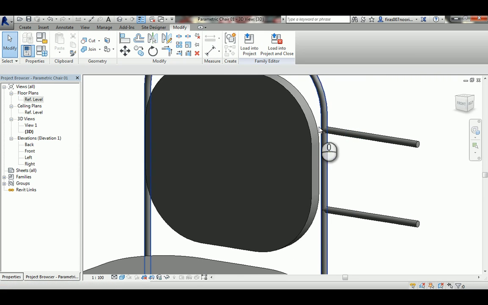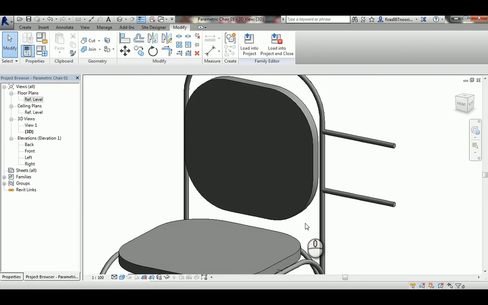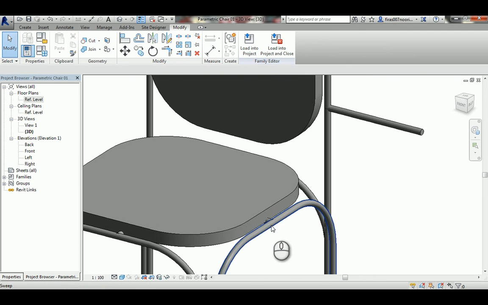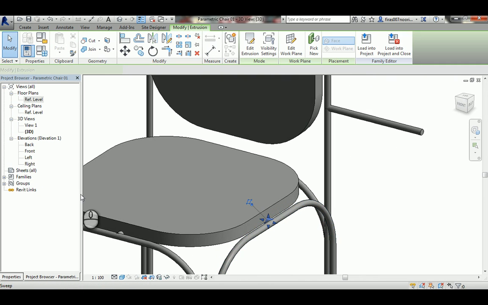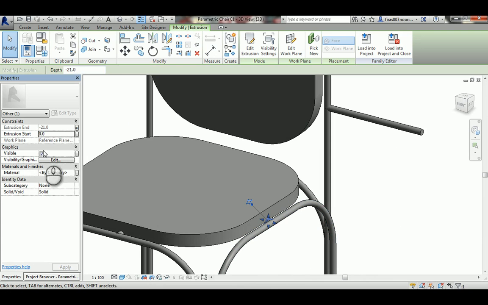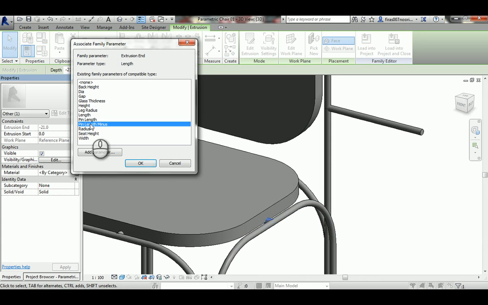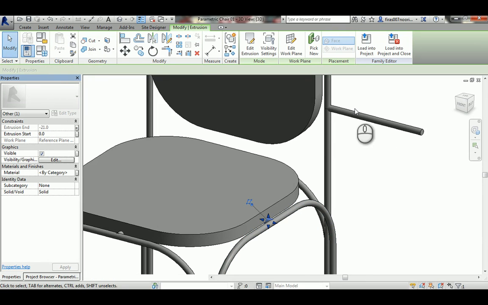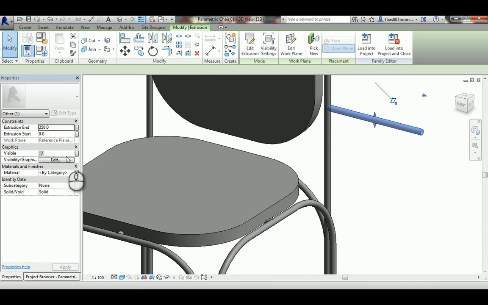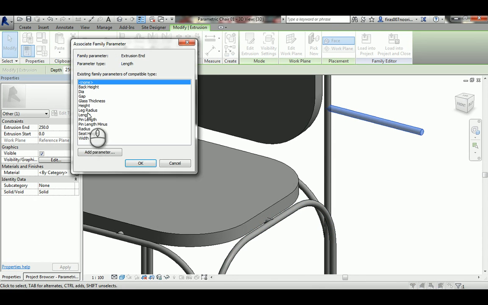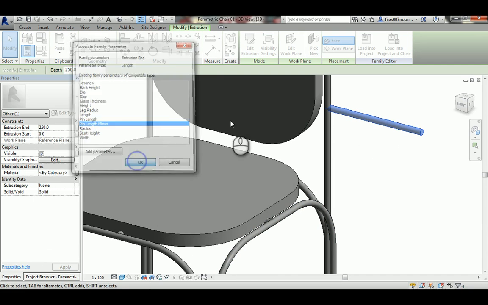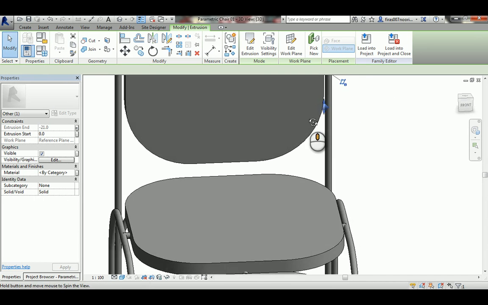So whatever we did in here, see, is we gave it a pin length minus. So come here, select this and give it the same thing, and it's going to work, as you can see,